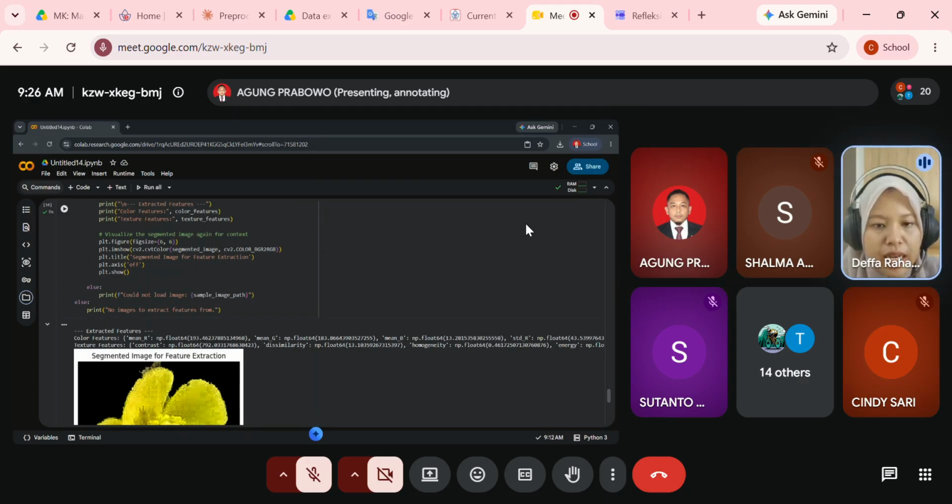Okay, stop. Now in here we can see that for mean G, it has a range around 183. But for the texture features, it becomes 792. And then you have other features that are only 13, yeah. And then others, like homogeneity, 0.46. Now we can see that they have a big gap between 700 and 0.46.